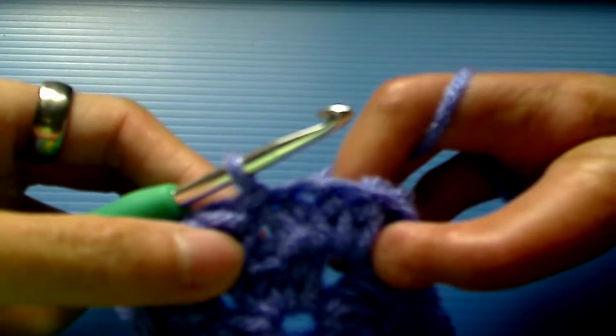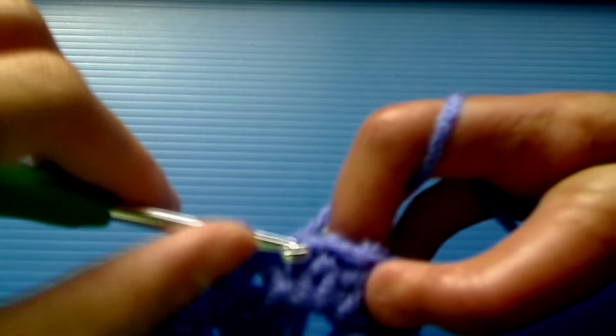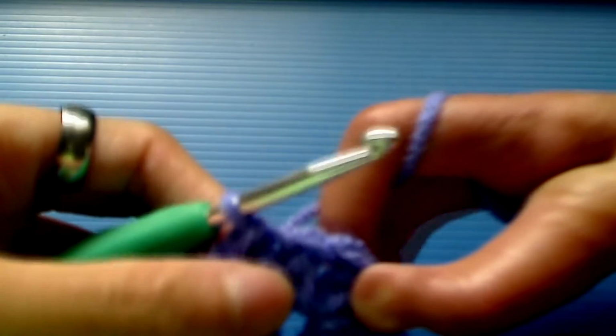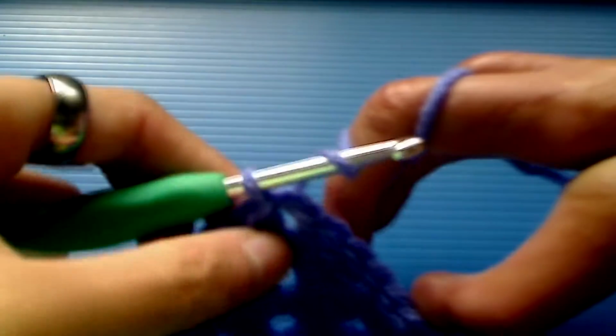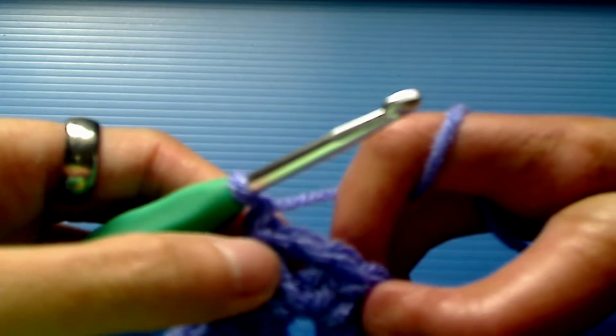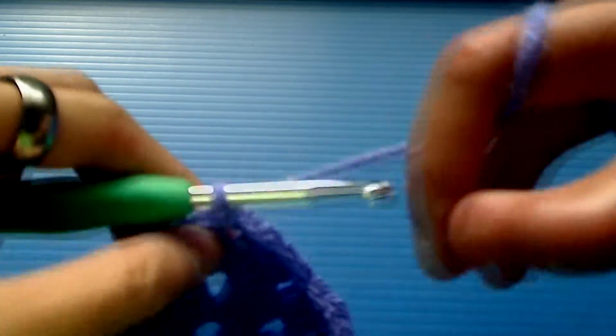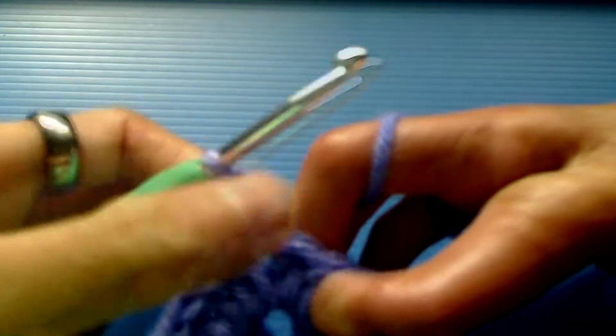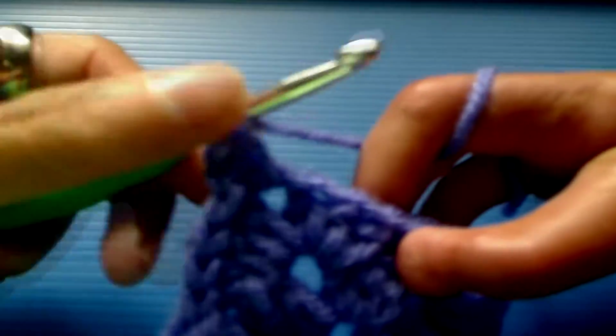So every row after this, we'll start by slip stitching across the next 2 stitches. Then you would just slip stitch right into the chain 1 space of that corner. You will want to chain 1 and do a group of half double crochet 3 right into the same space. And this is row 3, and this will be the row that you will be following for each and every row after row 3. So there's 2,